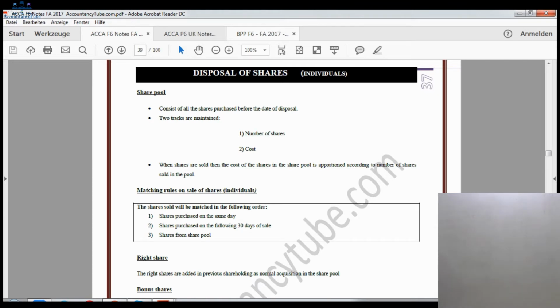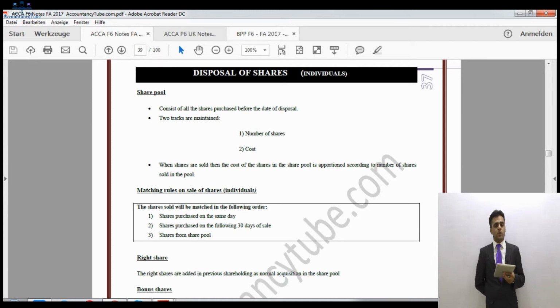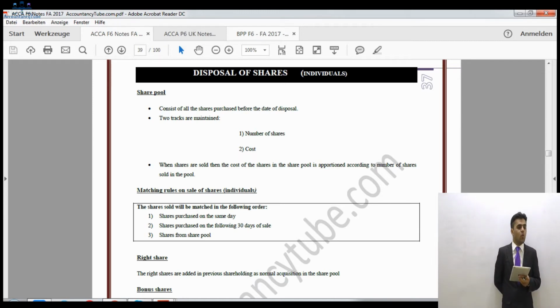Now sometimes one company is taken over by another company. Say for example Facebook has bought Snapchat, and Facebook says to the shareholders of Snapchat that whatever shares you hold in that company, I will issue you new shares. Just give back to me those old shares. I'll give you new shares and I'll give you some cash as well for every share you hold. So in that case we'll have to calculate the cost of the new company's shares.